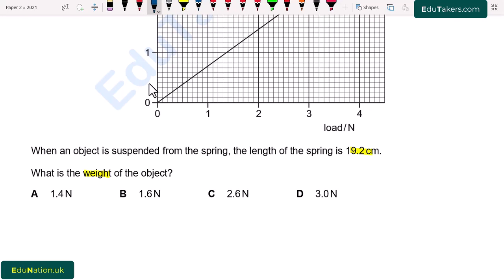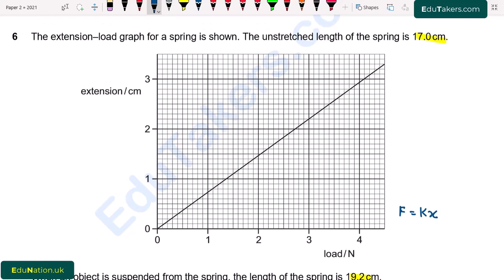So here first of all I use Hooke's law, that F is equal to Kx, where F is the load, K is Hooke's constant or spring constant, and x is extension. In order to find out the weight, we have to know the value of the spring constant and extension. So the spring constant is actually found out by this graph. First of all, I find out the slope of this graph. So slope will be equal to, I take any 2 points here. First point I take here and the second point at this. Then I join these points with the x and y axis.